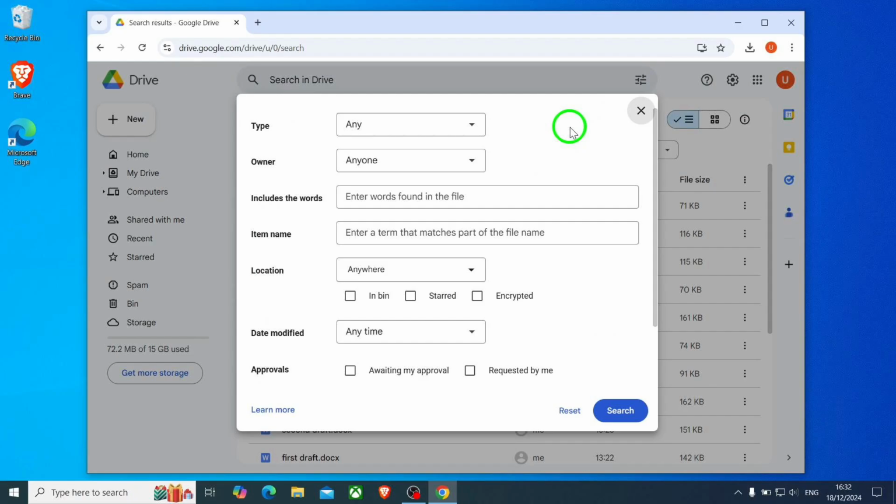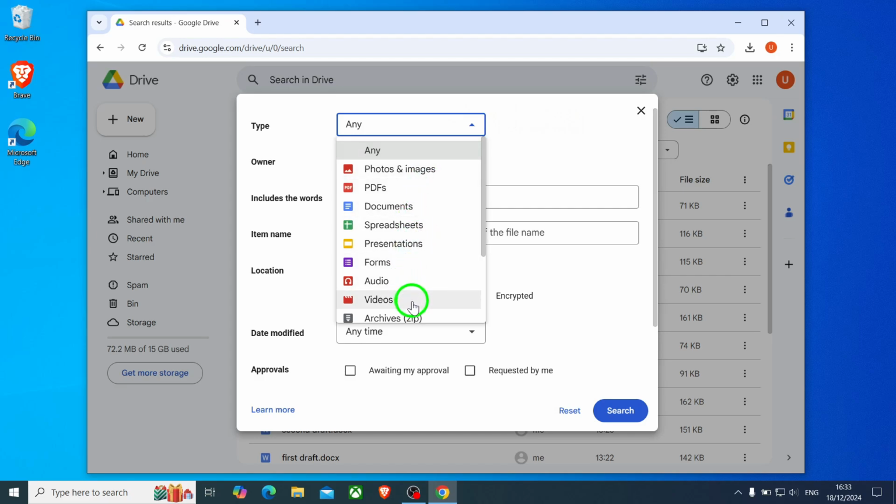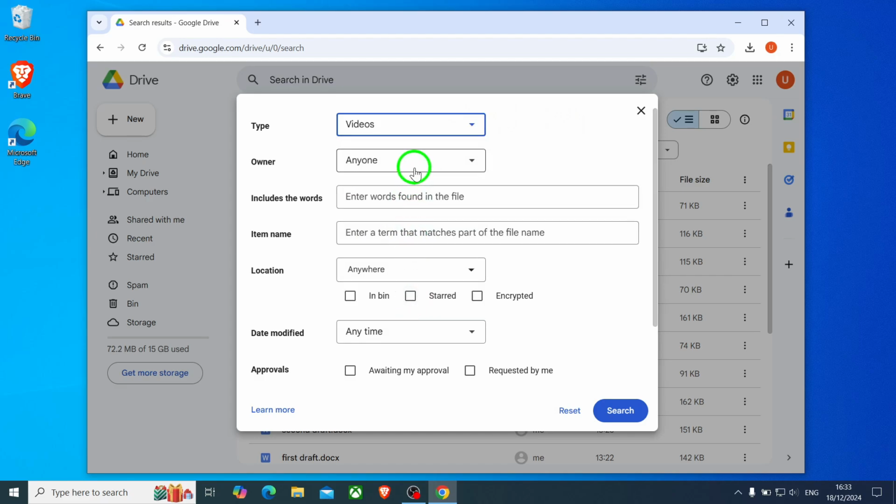Now, from the drop-down menu that appears, you'll want to focus on the type filter. Click on it and select videos from the list of file types. This step is crucial because it narrows down your search results specifically to video files, making it easier to find